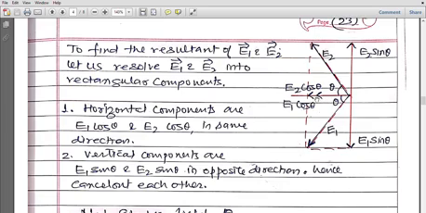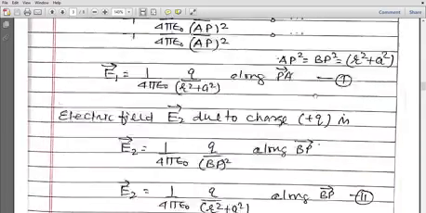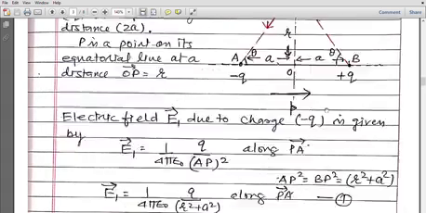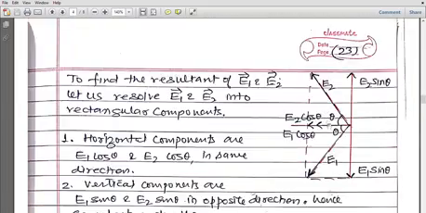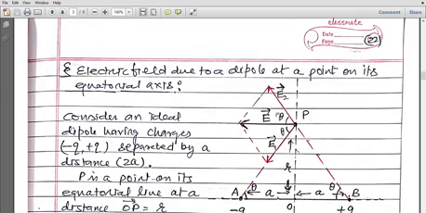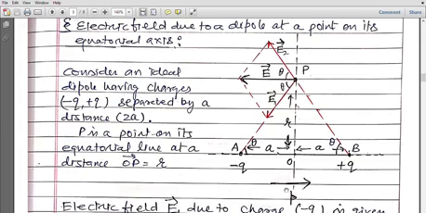Now see the arrow sign. What is its direction? Whether it is along plus x-axis or minus x-axis. You can see that this is along minus x-axis. What was the direction of the dipole moment? The dipole moment is along plus x-axis. Obviously the dipole moment and the net electric field are opposite to each other. Here you can see in this expression also the resultant of E1 and E2 is E, so it is in negative x direction. Dipole moment is in positive x direction. So if you write the relation between E and P, then there will be a negative sign.